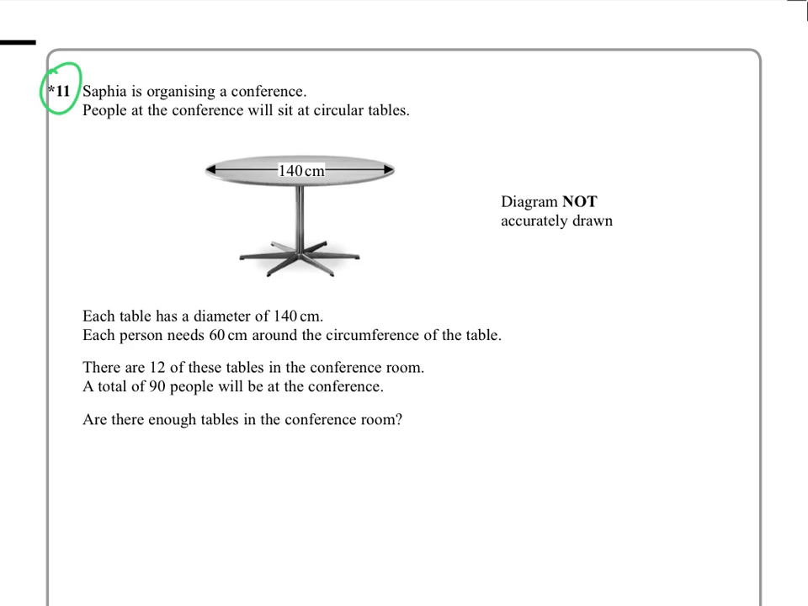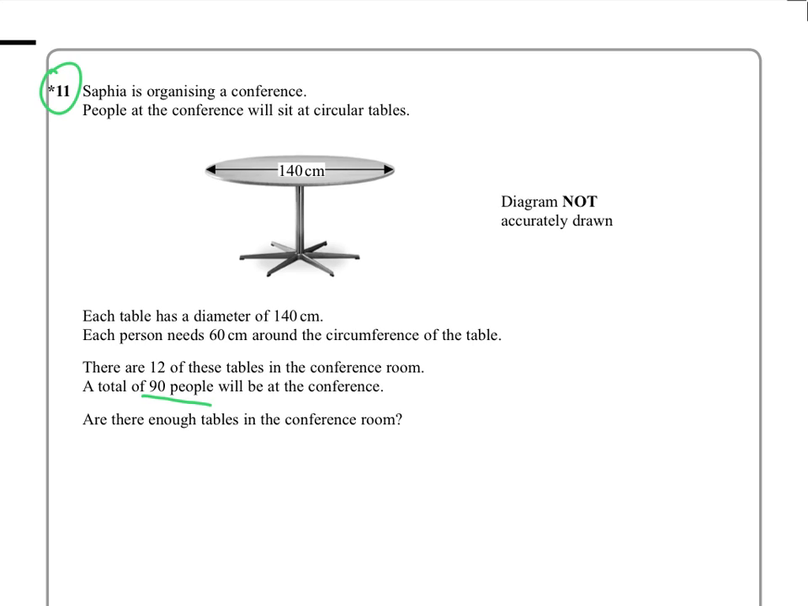So a quality of written communication question. It says each table has a diameter of 140 centimetres. Each person needs 60 centimetres around the circumference of the table, and there are 12 of these tables in the conference room. So there's going to be a total of 90 people, and you've got to say, will there be enough tables